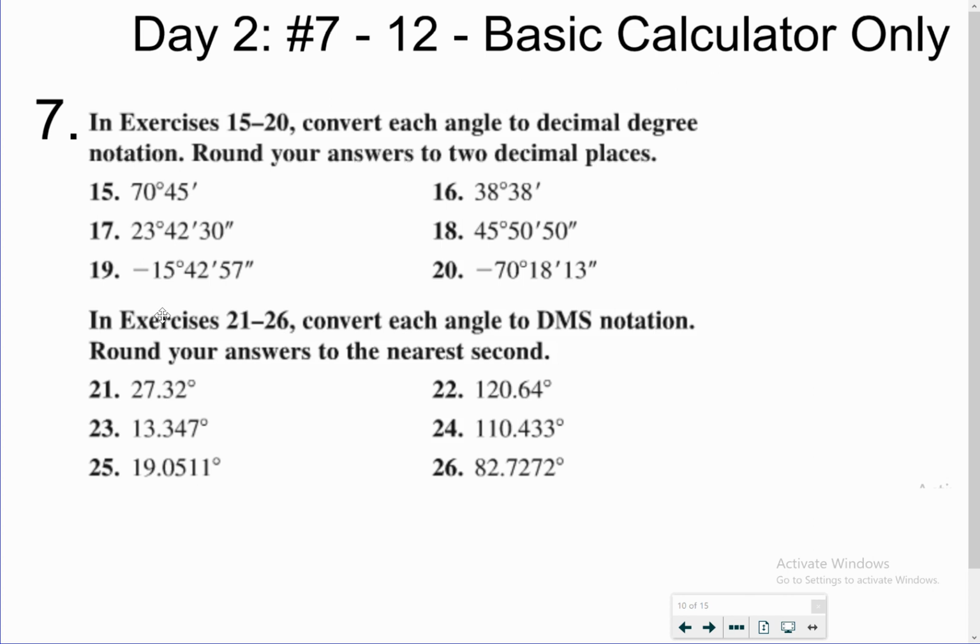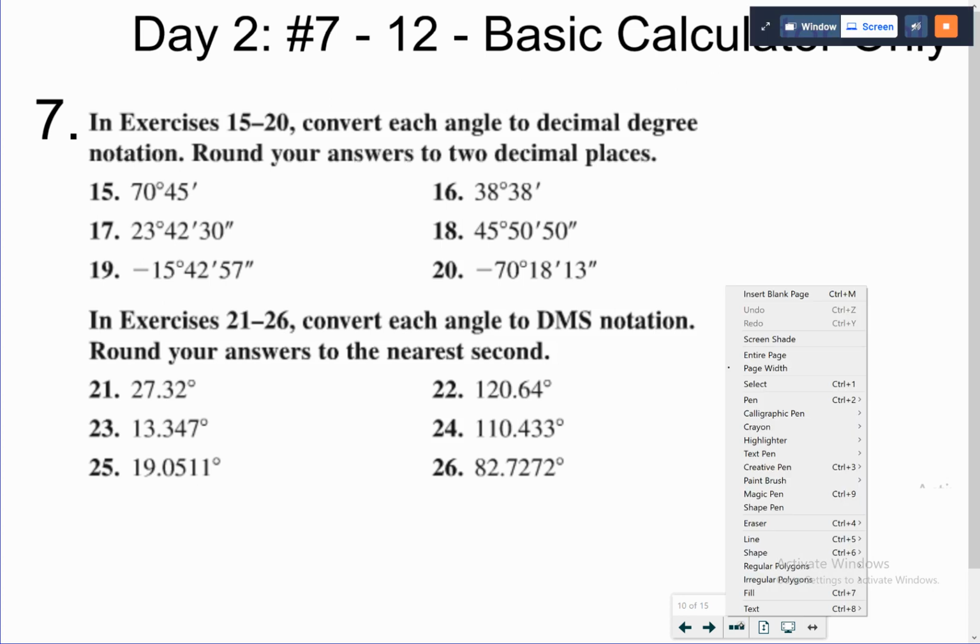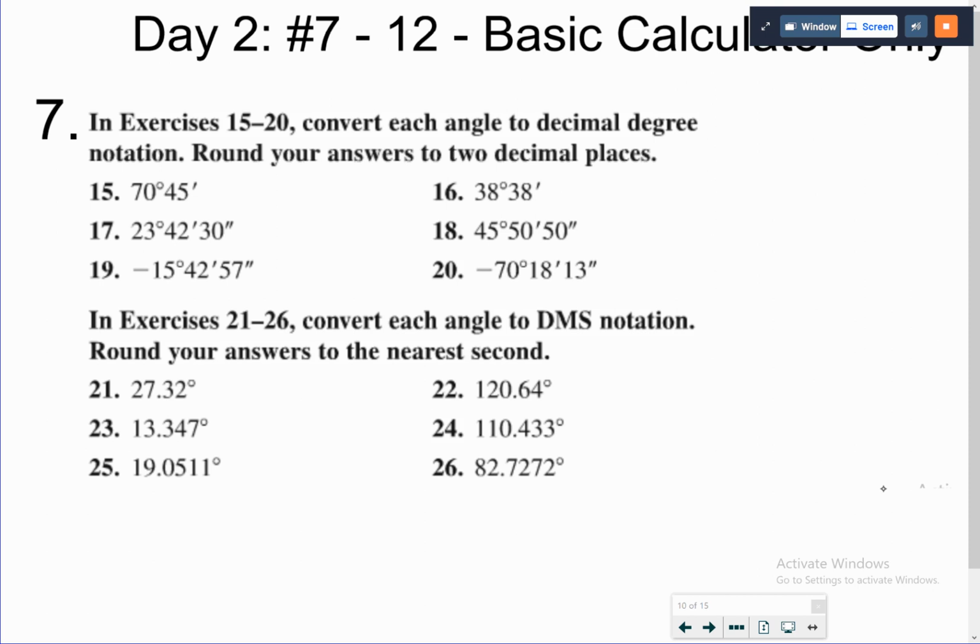All right, so pick a number to start here. We can do one of each. On the test, it'll just be convert one way or the other, not both. 18 we'll do from the top. Okay, and then you want to pick one from the bottom, guys? 24, sure. Okay. All right, so the first one, 45 degrees, 50 minutes, 50 seconds is what we call DMS,